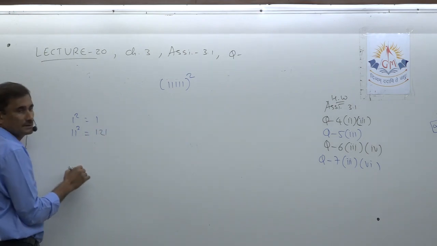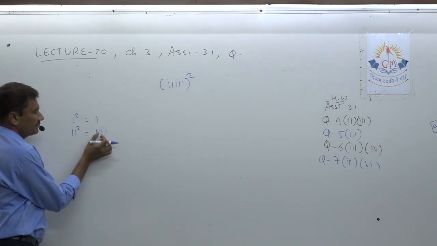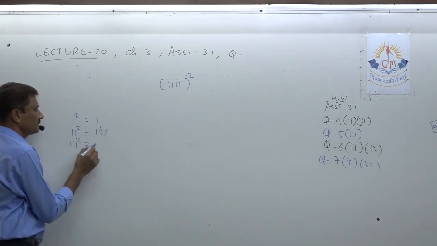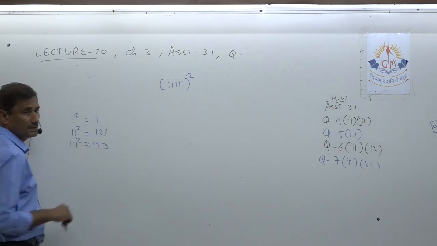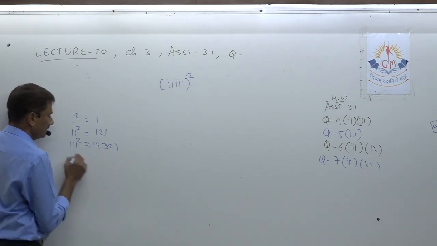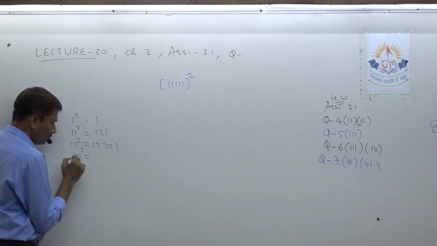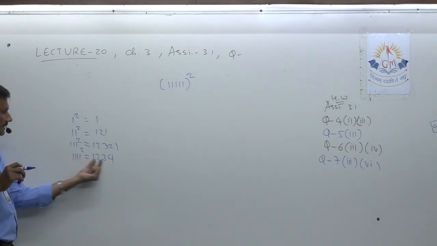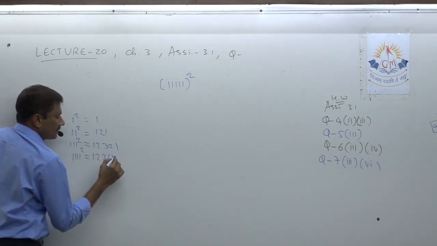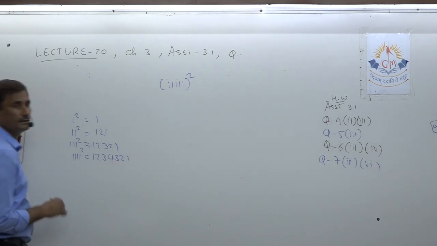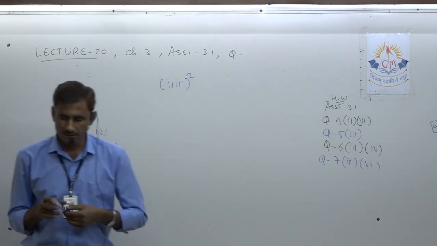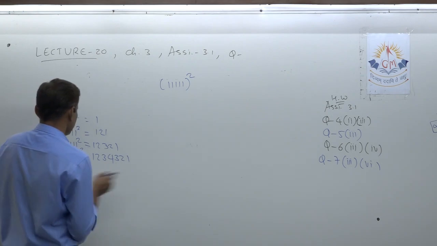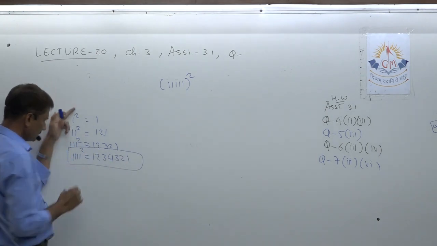but then in reverse. Okay, which means a symmetric number would be there. This is the middle one. Both sides should be equal. 111 square: write up to 1, 2, 3, then decrease to 1. Suppose 11111 is there, then write 1, 2, 3, 4, and how many digits are there, write down here. Then in decreasing order go 4, 3, 2, 1. Okay, so this is the trick and pattern. So now we have 5, so it will be our answer. You can write it directly also, otherwise step by step also.